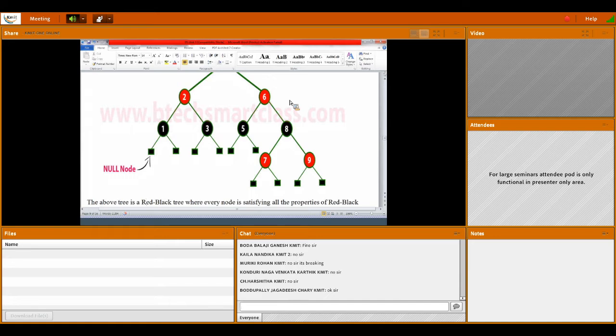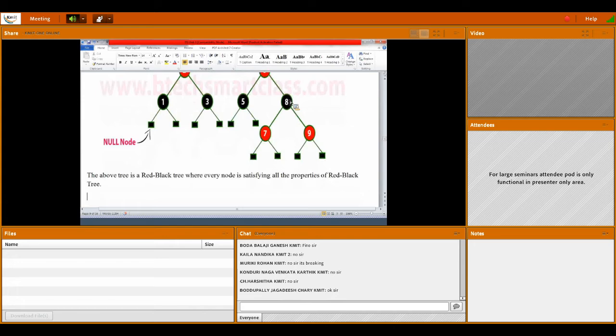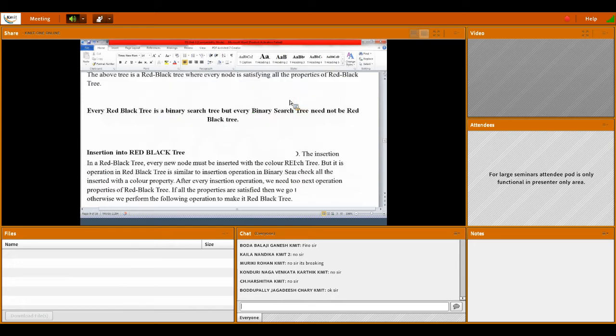And if it is not red color, then how to do it? Whether it is sufficient to do this kind of recoloring, or rotation followed by recoloring, is enough for only the subtree, and if it is satisfying, then it satisfies the complete tree. So now we'll see those scenarios.